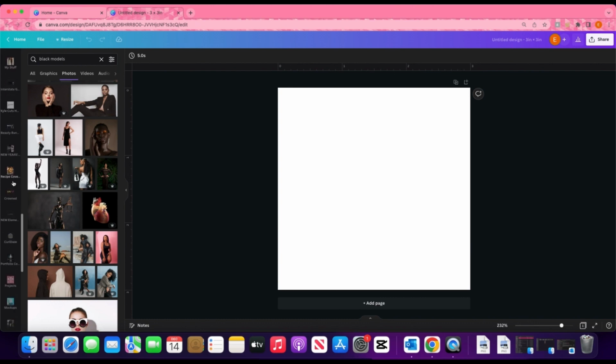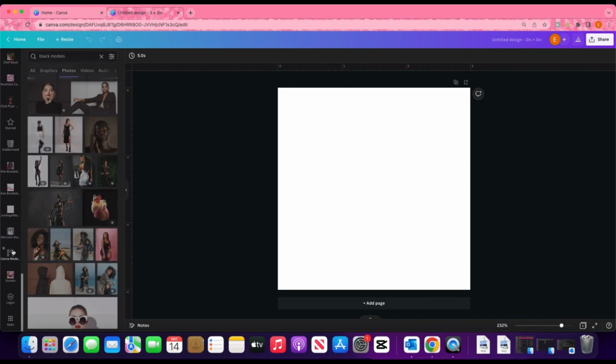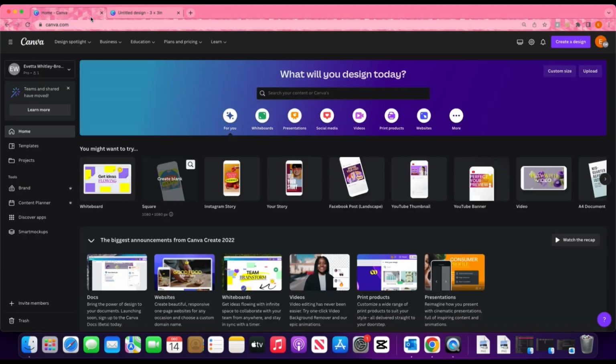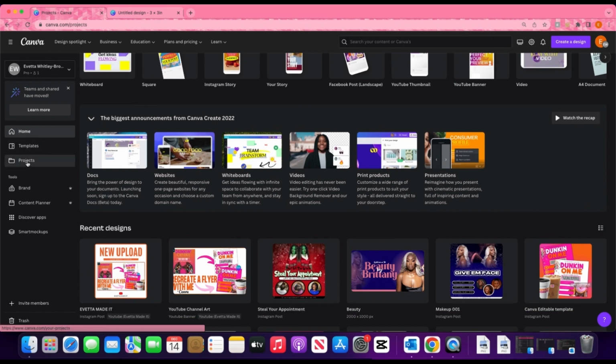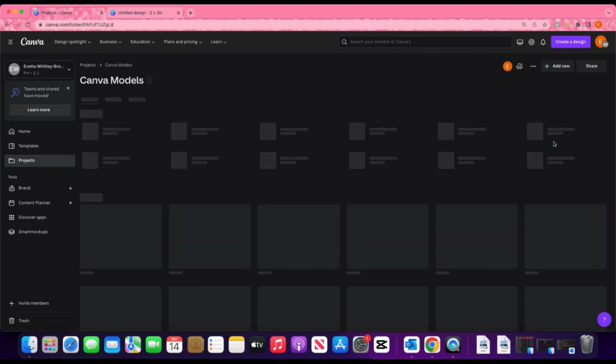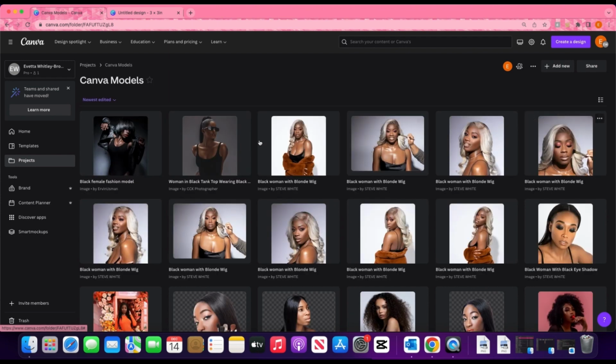So let me find my folder. Okay, Canva models. Okay, so this is, I really wish I could make this bigger. Oh wait, let me see. If I go to folders this way, bam. Okay, so if you are in Canva in the Elements tab, all you have to do is type in